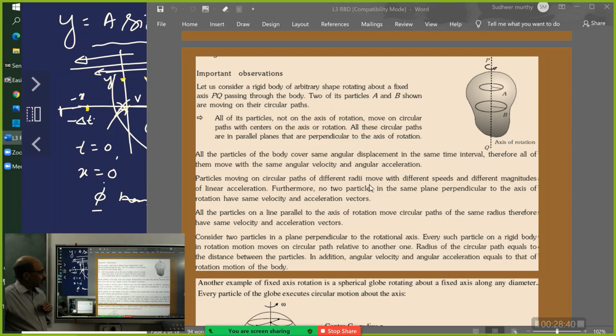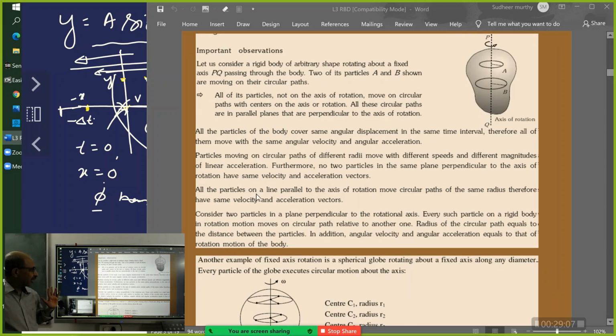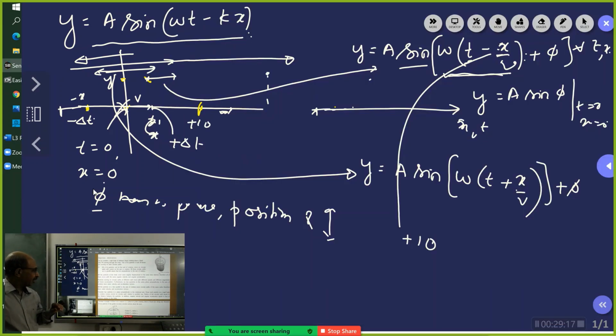Now, particles moving in circles of different radii move with different speeds and different magnitudes of linear acceleration. Further, no two particles in the same plane perpendicular to the axis of rotation have the same velocity and acceleration values. Here, velocity means linear velocity and linear acceleration. All the particles on a line parallel to the axis of rotation move in circular paths of the same